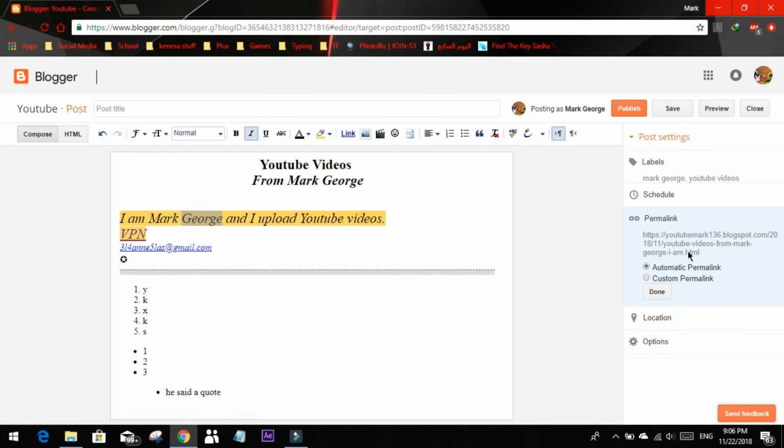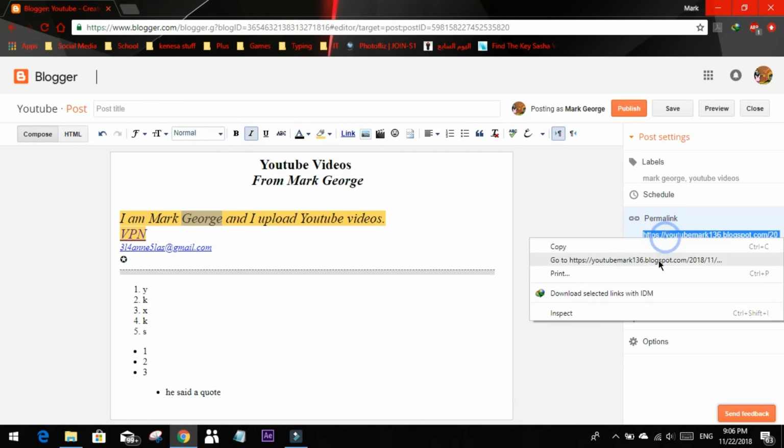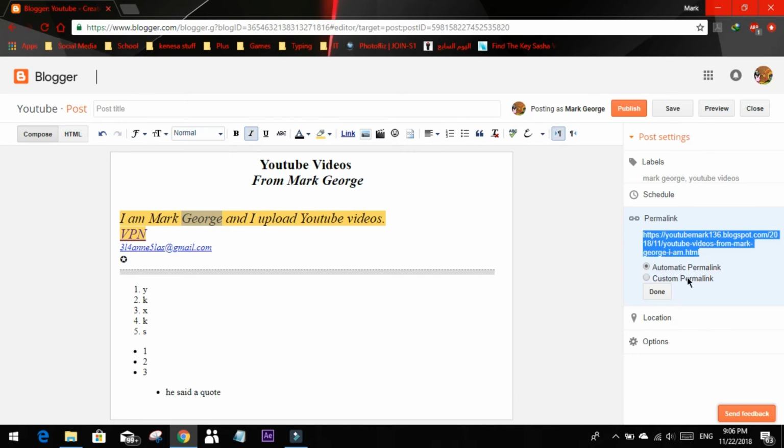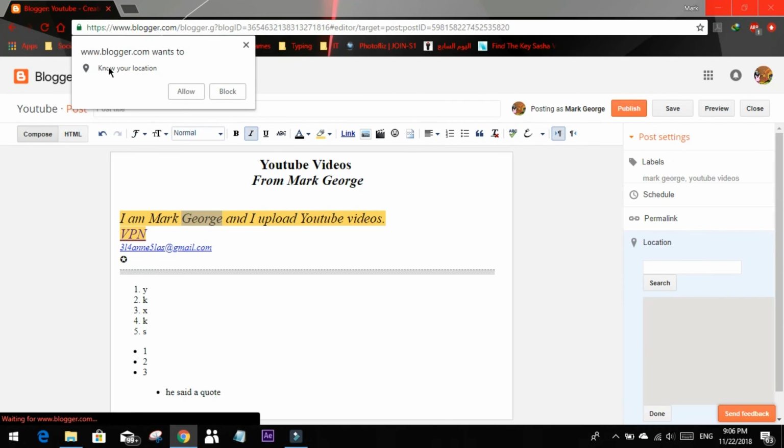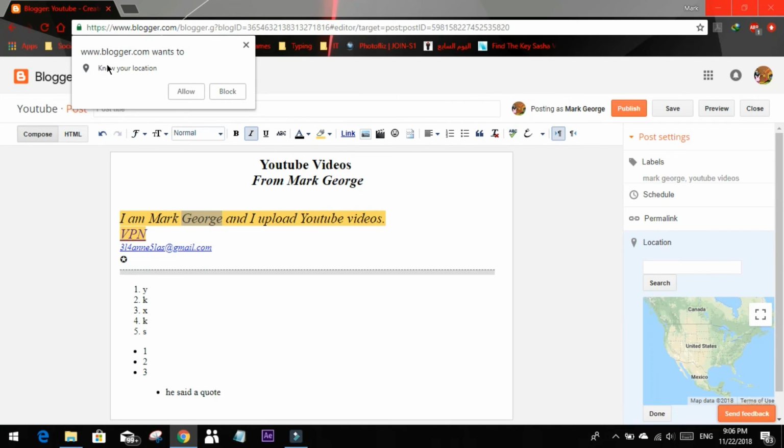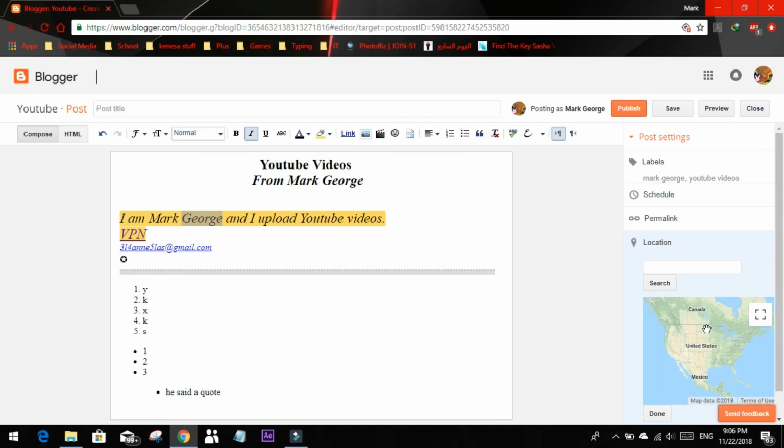We can say the permalink here, automatic or custom. I'll leave the automatic one and copy this one, which is now going to the clipboard, as we said in the video of yesterday. The location, and yesterday also we said that we can allow it from here or block it from here instead of going to the settings in the content settings, but I'll leave it here. I can write, for example, Egypt,